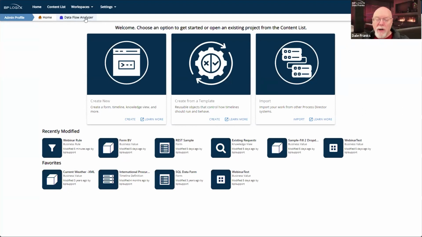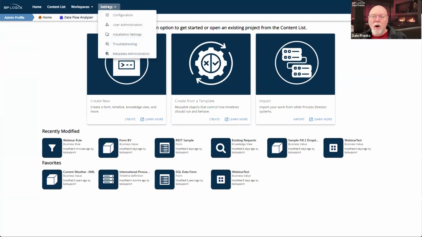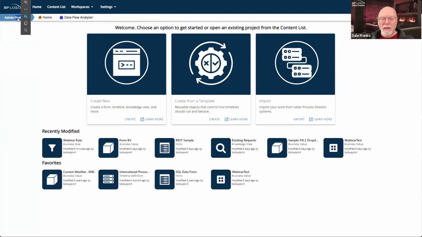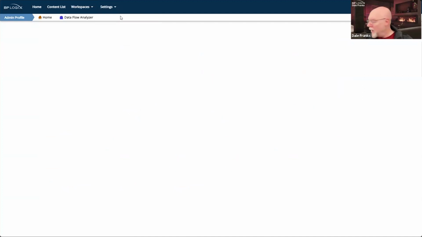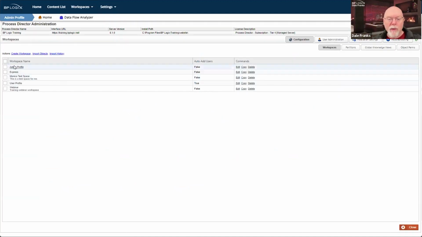None of them appear here. We're just not showing them because they already exist in the settings menu. So I don't need to have them displayed in my workspace navigation menu. They're still there. They're still configured. They still exist. Let's go look at them. I think we have some time.